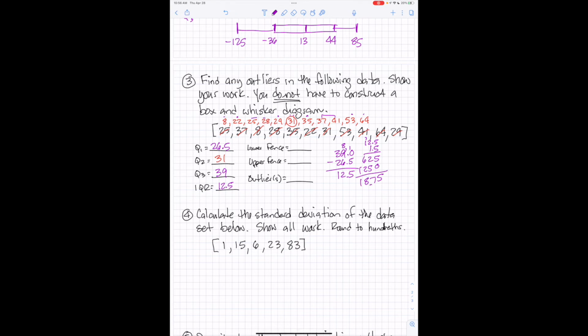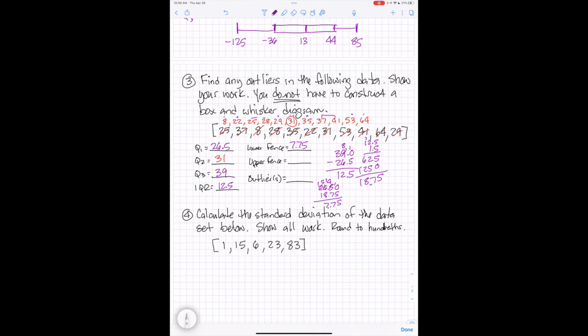So I need to take the Q1, which is 26.5, and subtract 18.75. So that's 5. 14 minus 7 is 7. 15 minus 8 is 7. So 7.75. So the lower fence is 7.75. Okay. For the upper fence, I'm going to take that same